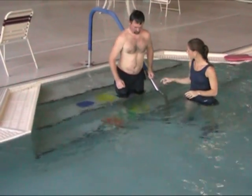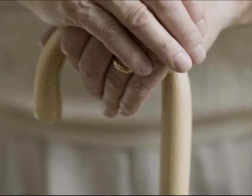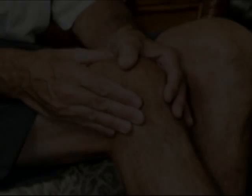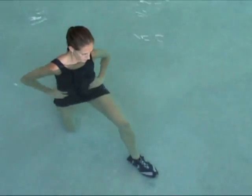And the way that insurers think that it should be used is like the weakest link. Insurers think that aquatics needs to be for people who are really, really weak and immediately after surgery, or someone who has MS and can't handle movement on land, that they're just too debilitated to do it. And so they kind of give a wink and a nod and they say,